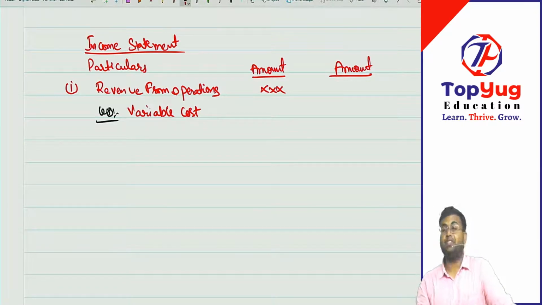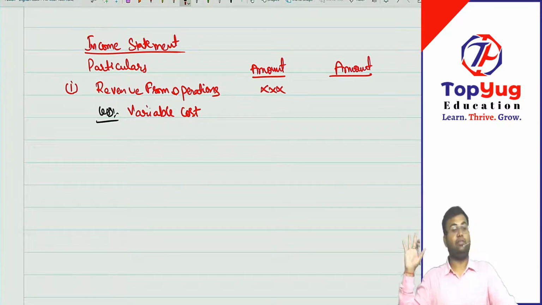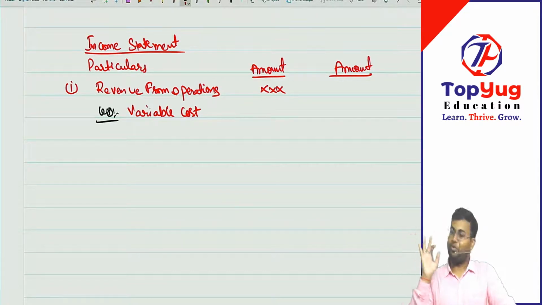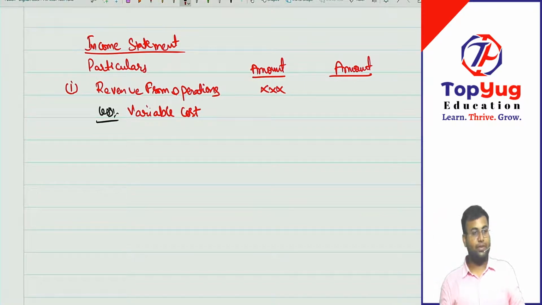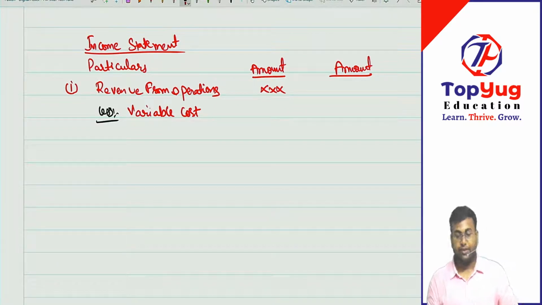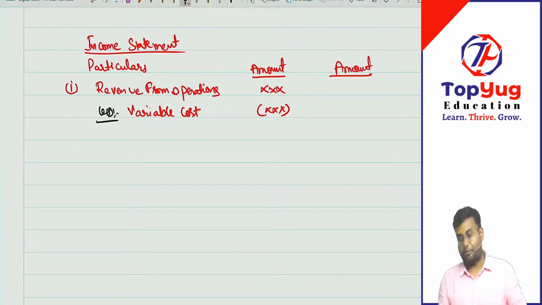Would you sign up if suppose there is no faculty? Understand. Very important for you to understand. Would you pay your fees if there is no faculty? There is computer, there is table, there is chair, there is projector, there is equipment, everything is there. But only thing is faculty is not there. Would you sign up for it? Important or not? Yes. So that's why without variable cost operations are not possible.